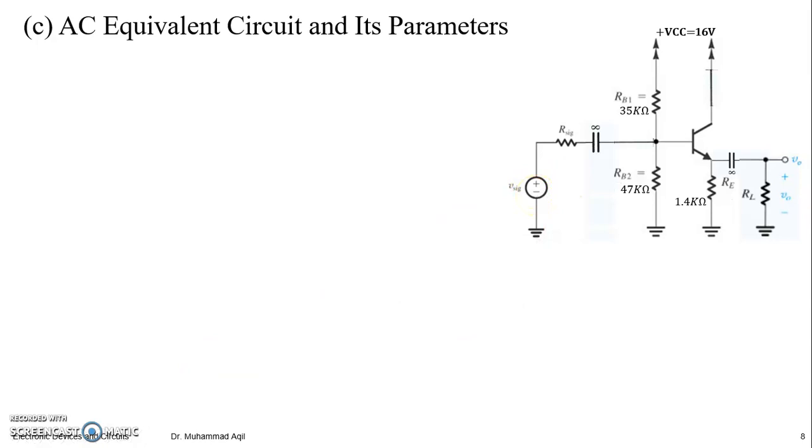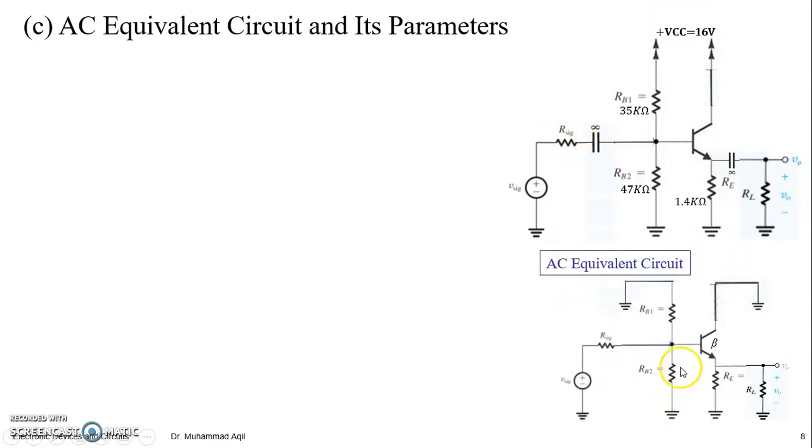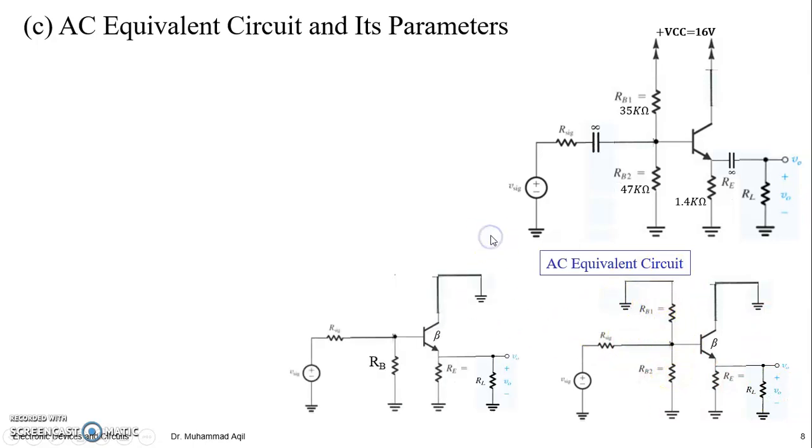And DC sources, voltage sources will be shorted to ground and current sources will be open circuited. We have DC circuit only, so this will be grounded. This will be short circuited, then the AC equivalent circuit will be looking like this. Since RB1 and RB2 are coming in parallel, we can rearrange it for